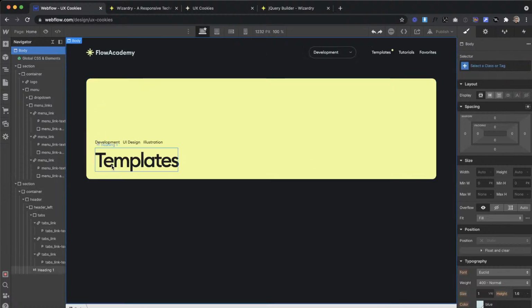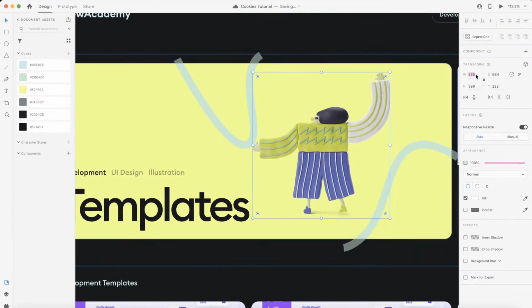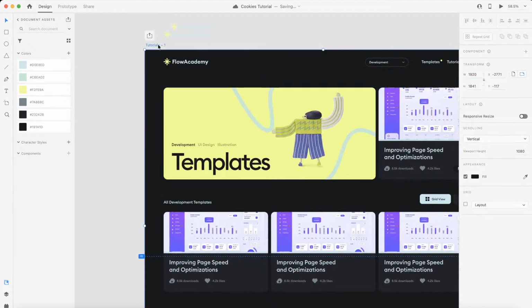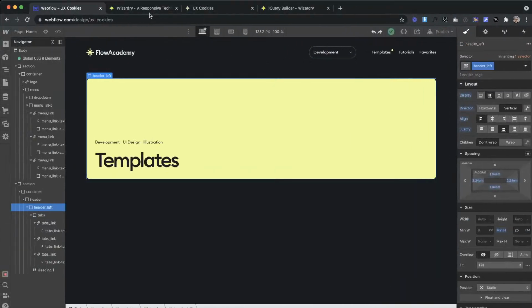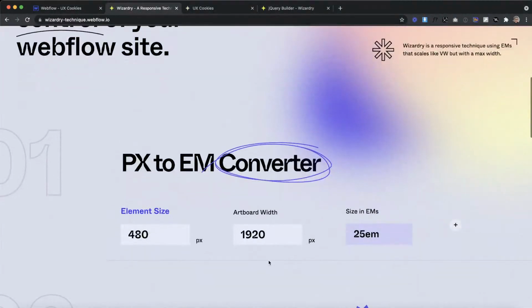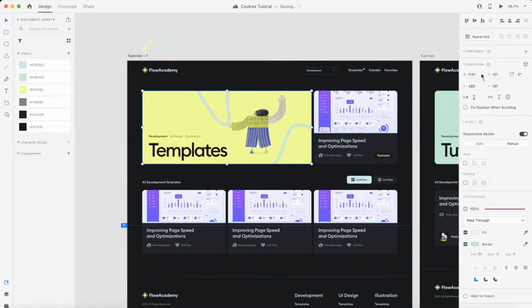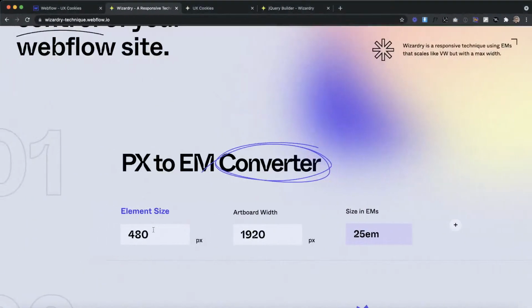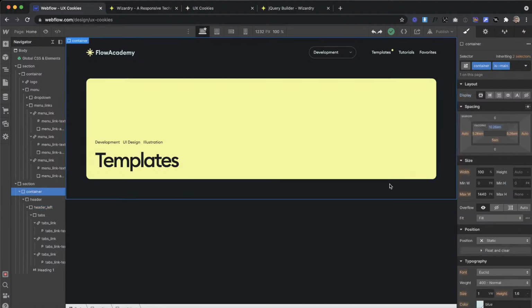But yeah, basically any heading sizes, image sizes, whatever, I'm just getting the pixel size here, and then taking the width of my artboard that I designed in XD, which in this case is 1920. So that goes right here. Artboard width is 1920. And then my element size, in this case, the height of this card, is 480 pixels. So I just paste it in there. It converts it to EMs. And I use that right here in this min height field. And it converts it all over. So